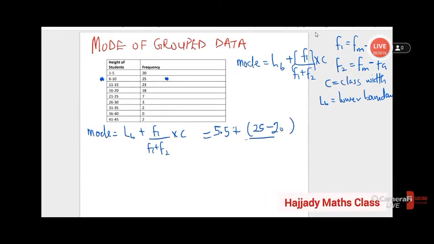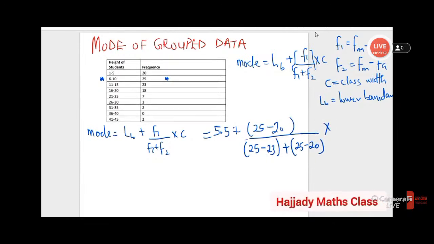That is my F1. Everything over F2, which is the frequency of the modal minus the frequency after it. The frequency of the modal class is 25. The frequency after it is 23. That is my F2. My F1, I'm going to repeat this, which is 25 minus 20, multiplied by my class width, which is 5, from 1 to 5. So which is 5. Now simplifying this further, I'm going to have